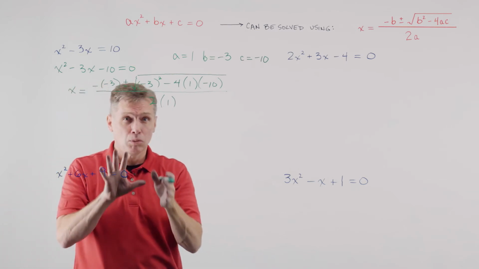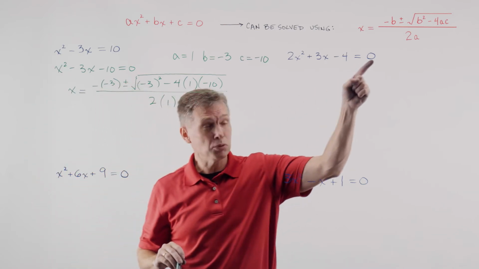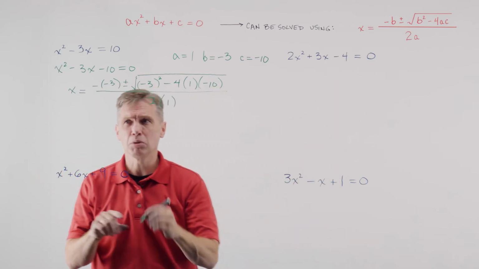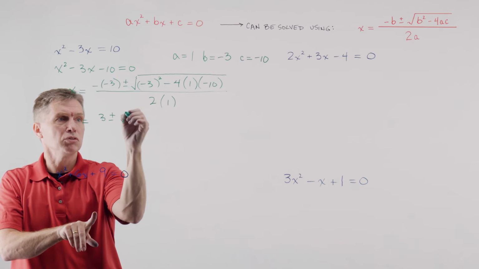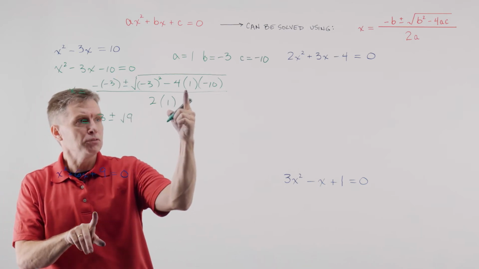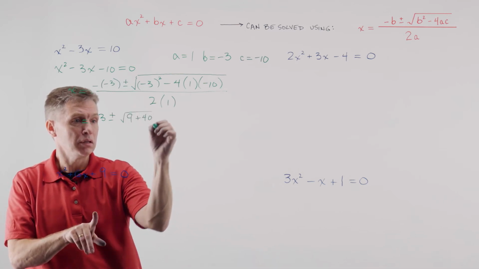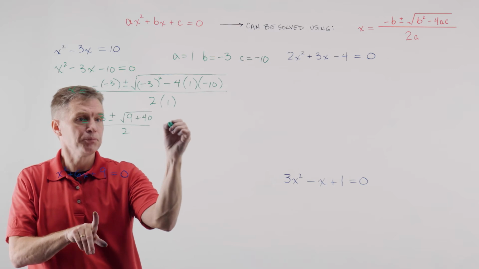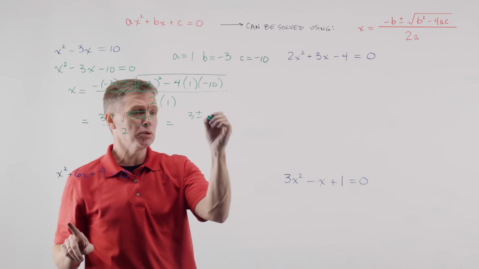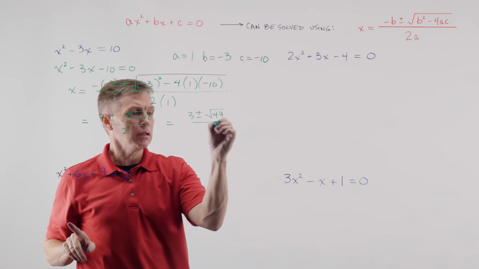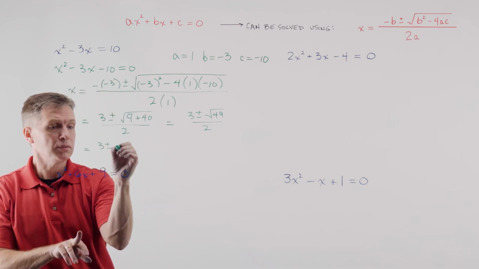All right, make sure you're seeing where the numbers came from in your equation, a, b, and c, and why I put them where I did, which is just your formula. Then it's mostly just grinding through the numbers here. So equals, minus 3 is 3, plus or minus square root of 9. Minus 4 times 1 times a minus 10 is going to be a plus 40, divided by 2. Equals, let's clean up a little bit, because under the radical I have 9 plus 40, which is 49. I like that one because I know the square root of 49 is 7.